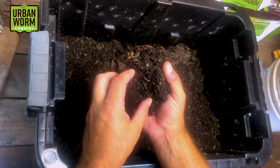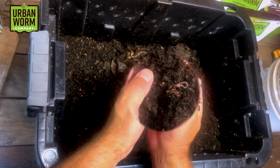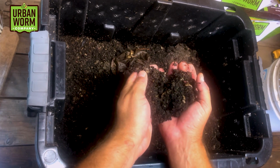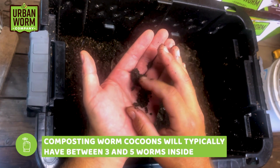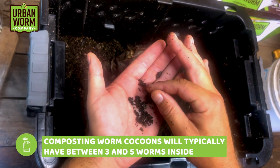We can find a few good pockets of worms here. Again, we are not starting with a huge worm population, so I don't expect to see a ton of worms. Now here's one cool thing. I just found it. I just saw a cocoon. Oh, I hope I can find it again to show it to you, because that's one of the things that